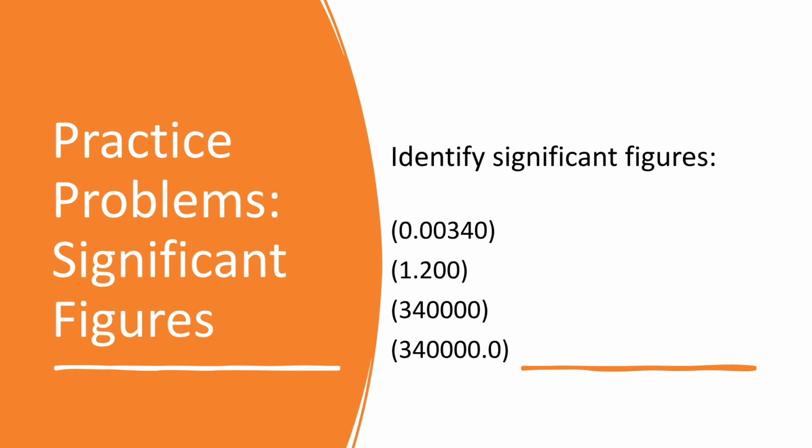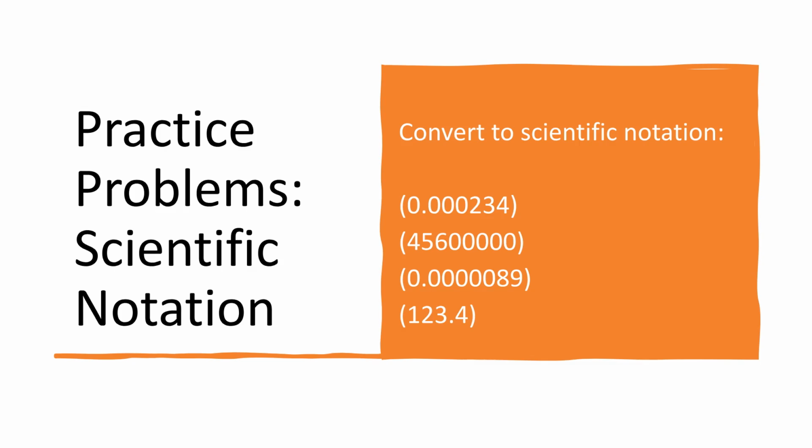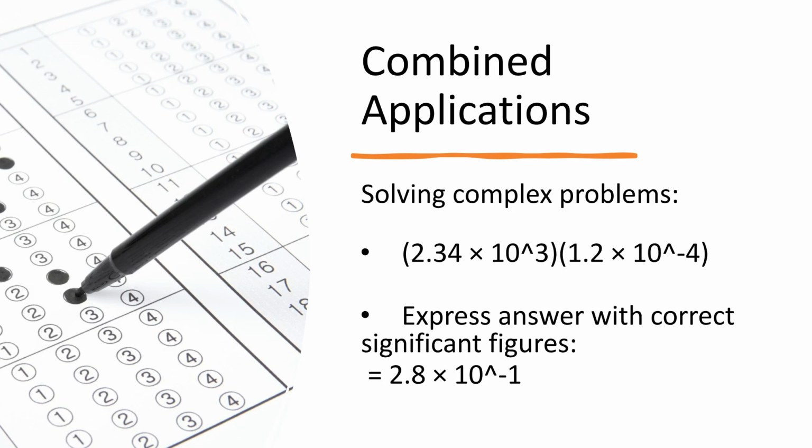0.00340, 1.200, 340,000, and 340,000.0. Now, practice converting to scientific notation: 0.000234, 45,600,000, 0.000089, and 123.4. For combined applications, practice solving complex problems and expressing the answer with the correct significant figures, as